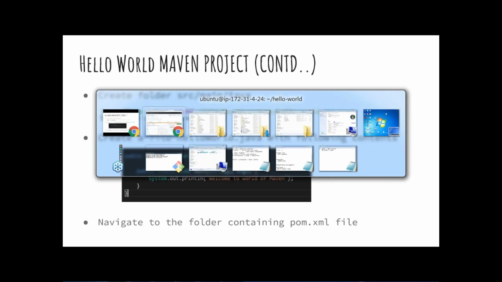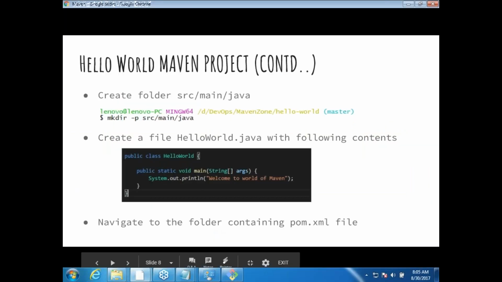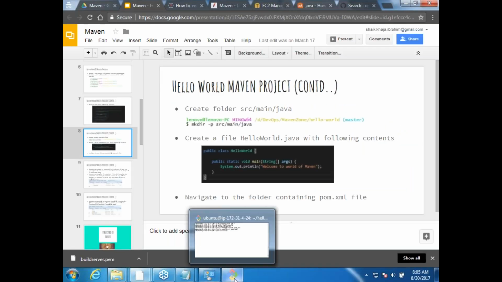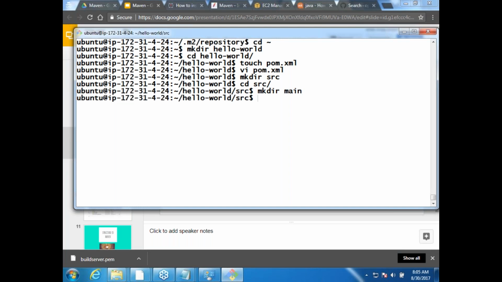So let me create those files. One minute. Okay, make dir src, and I'm getting into that src, and then make dir main.